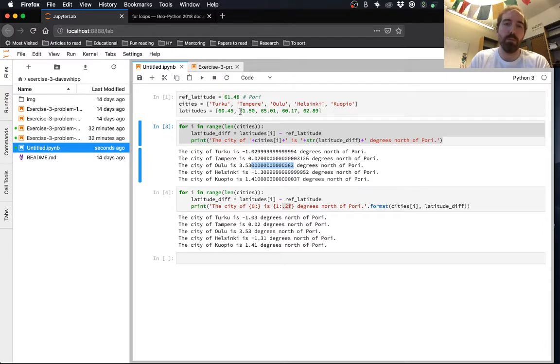We have basically 2 values after the decimal place for both our reference latitude and the latitudes of the cities. So it doesn't make any sense. All these numbers here are just the fact that when you subtract values in most programming languages, you don't always get an exact value back, but something very close to what you're looking for with a whole bunch of decimal places of tiny stuff after that.